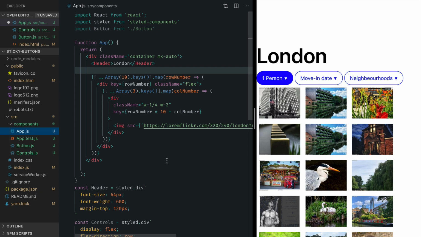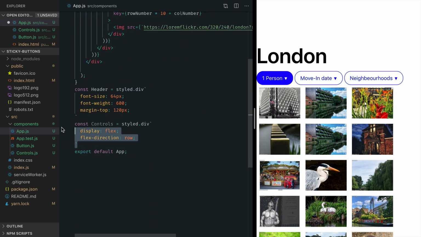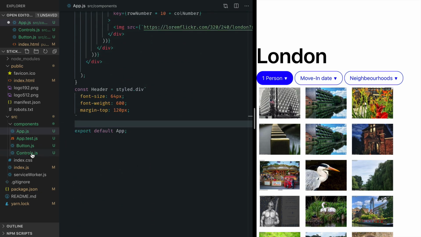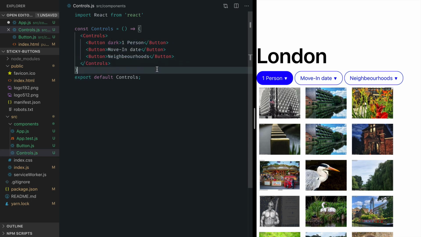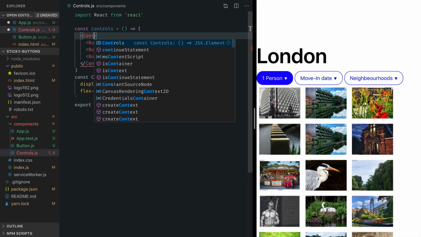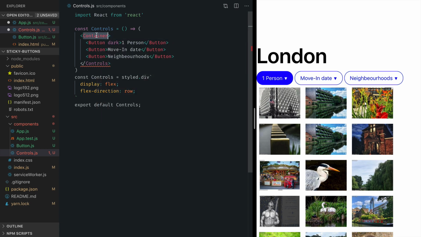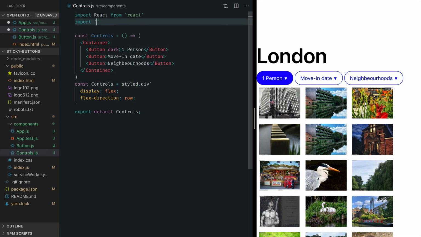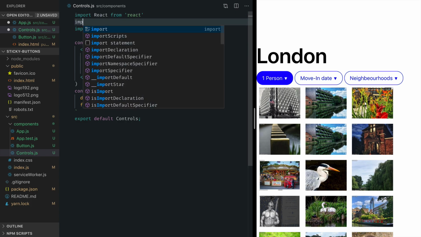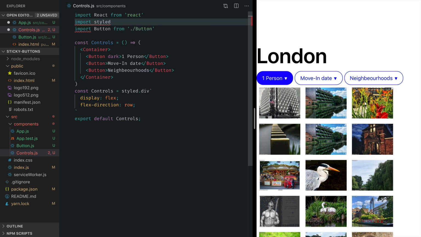And also I need to move controls definition here. I will rename it to container so that we don't have duplicate names. I import button directly from controls now. So import button from button. And also I need to import styled components here. So import styled from